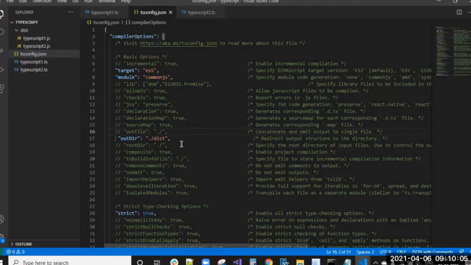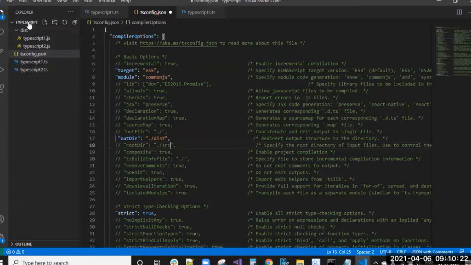So you need to give the root directory as src. Specify the root directory of the input files, from where I need to pick the TypeScript files.